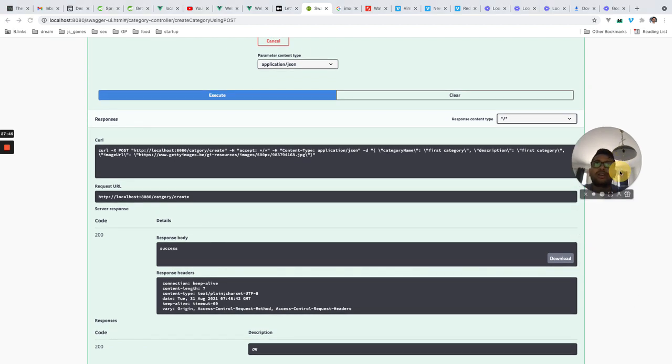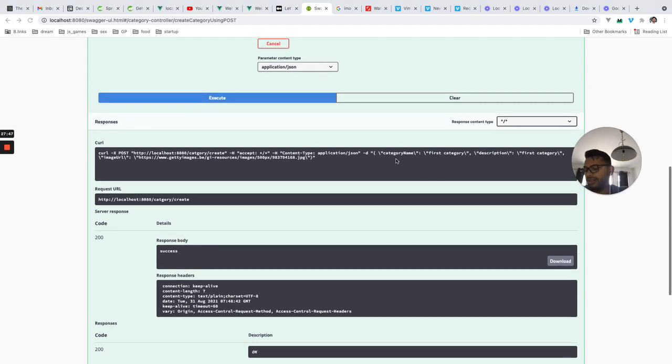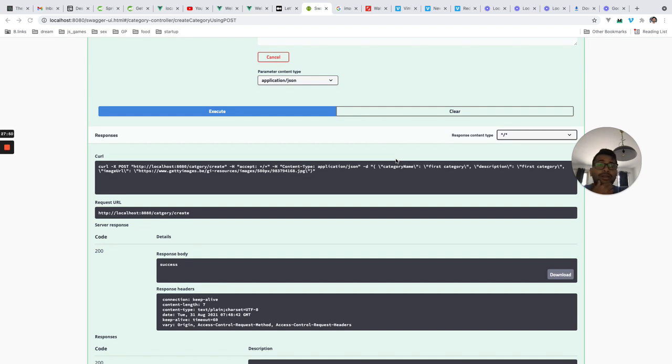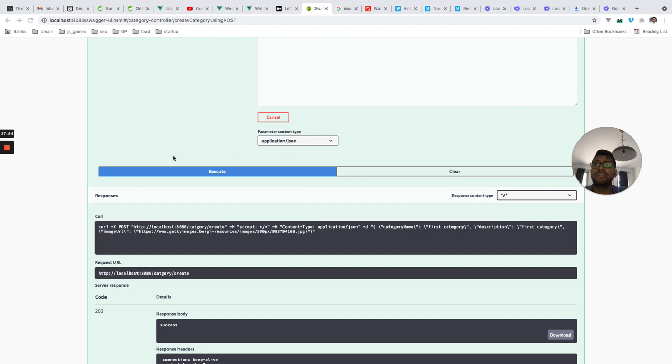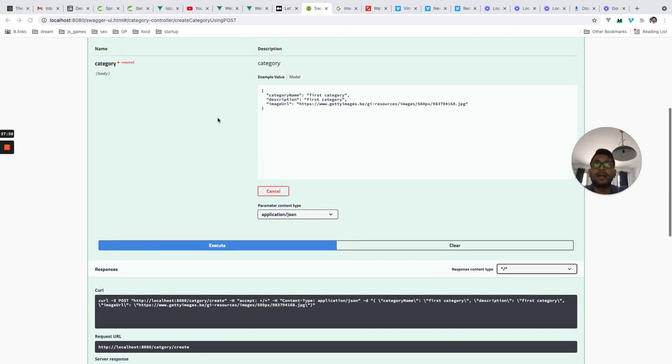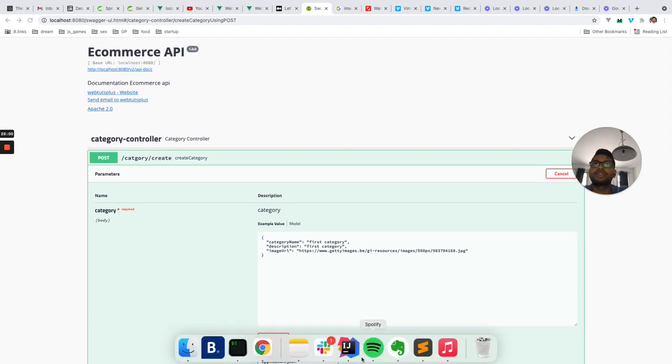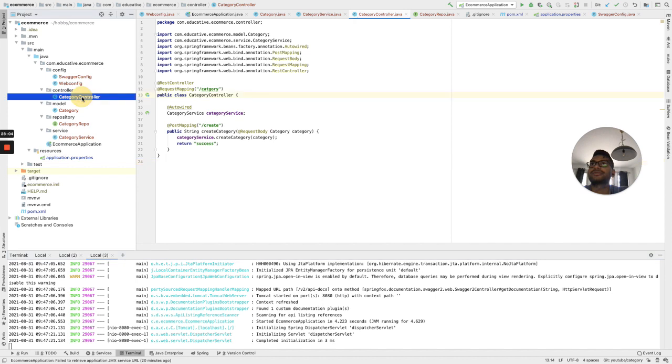So now we cannot really test it, but we will create one API to list all the categories, and there we'll see that this is displayed. I think we have some more time, so I can try to create this API to list all the categories.